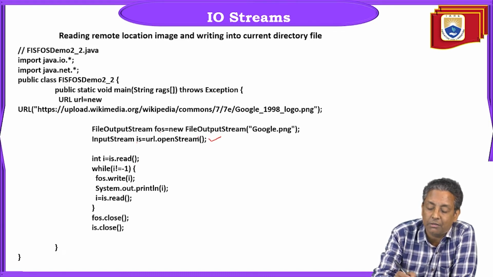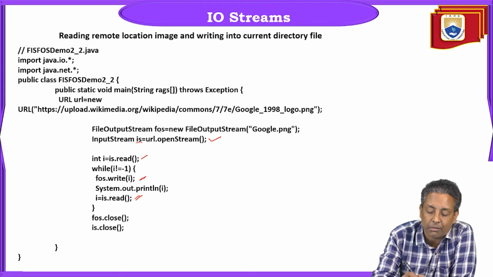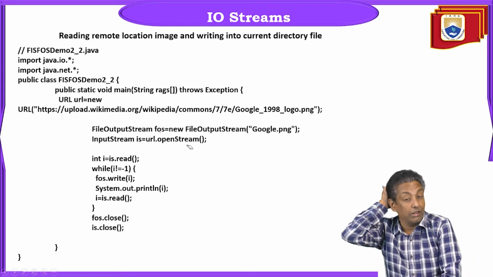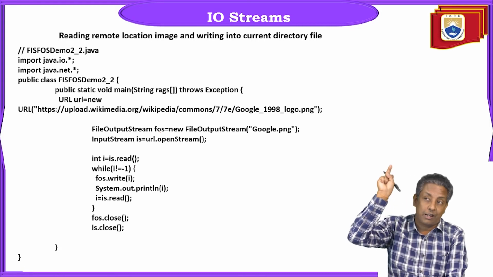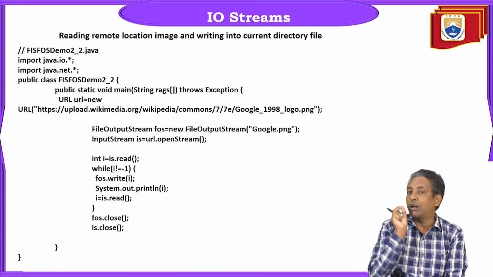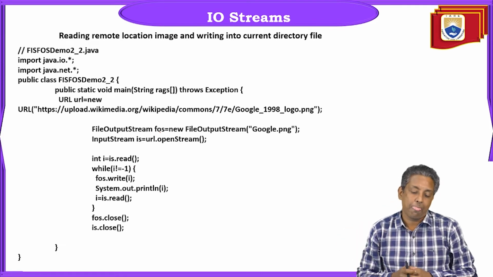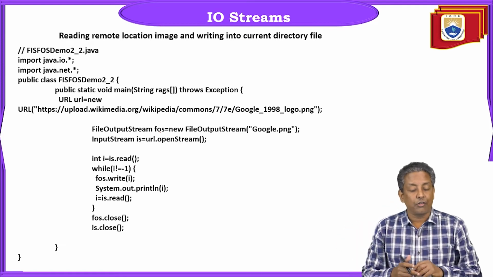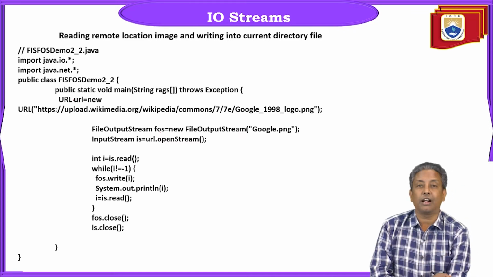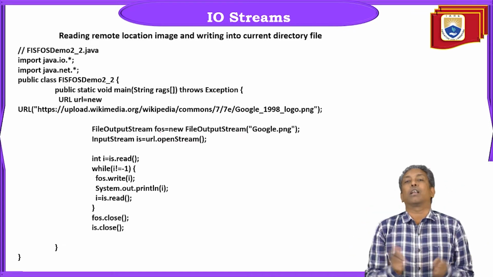The URL.openStream method returns an input stream object using which you can read byte by byte, and write byte by byte. That is the previous example. Now we want to read from the same URL, but not byte by byte, rather buffer by buffer. If you go to this URL class and look through the entire class, you